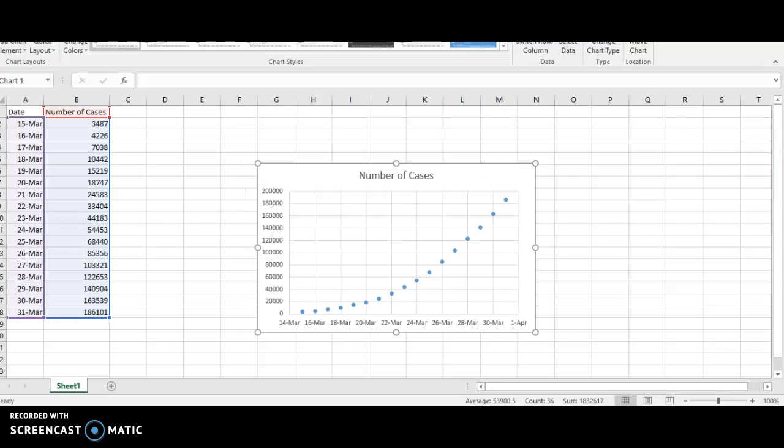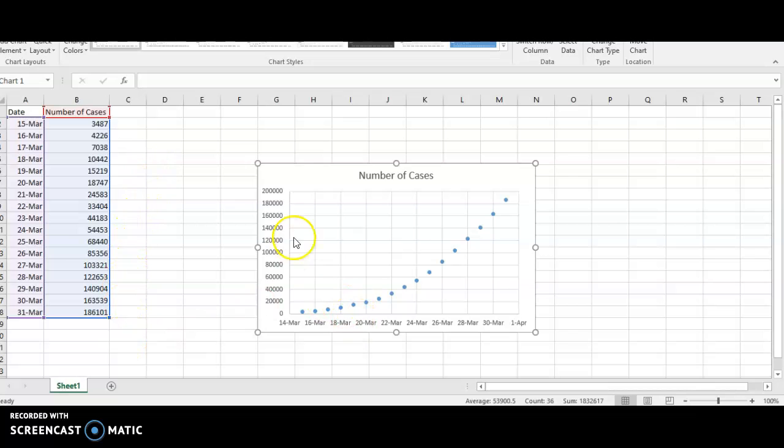So what I created here on just an Excel spreadsheet, I used data from the CDC, so that's what you see over here on the left. That's our government department that deals with disease control. And I just did data from the 15th of March to the 31st of March. I didn't go into April at all. And here you see the number of cases per day in the US. I know there's like a ton of issues with the data that we're being given just because there's not a ton of testing. Not everyone that has coronavirus gets tested because maybe they don't have it so bad or whatever the situation is. But nonetheless, you still kind of get an idea.